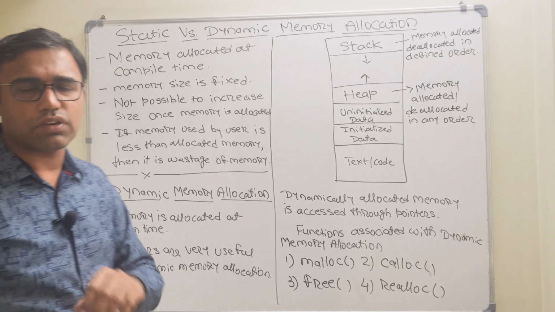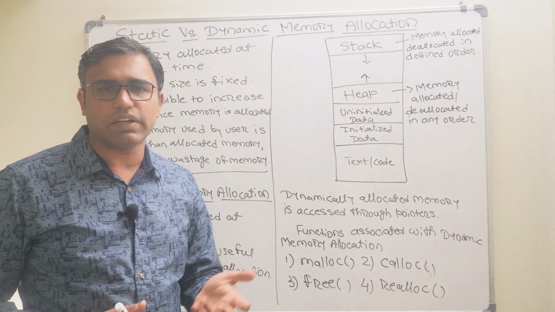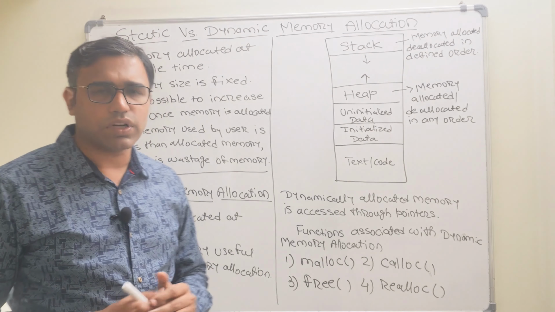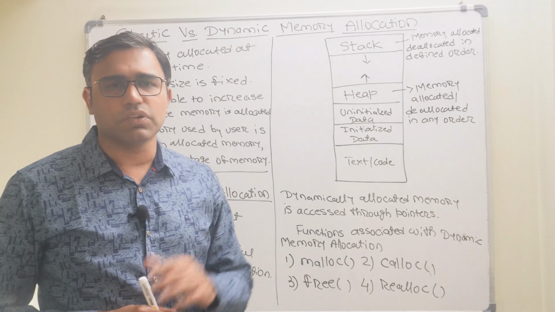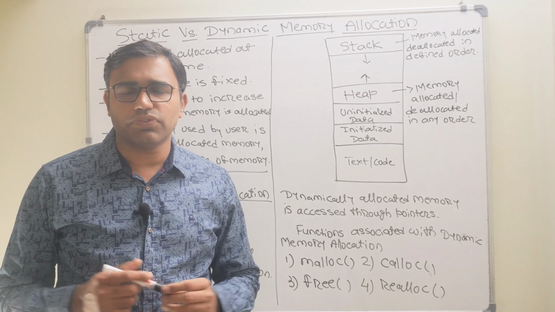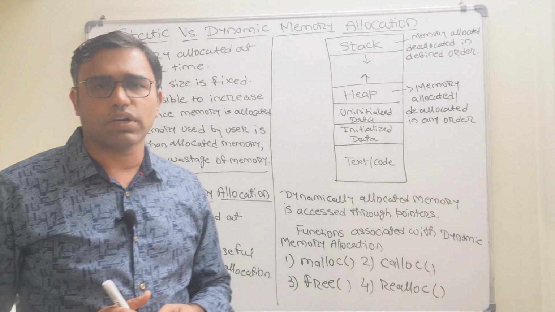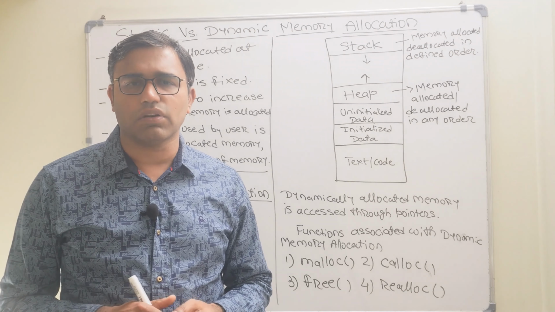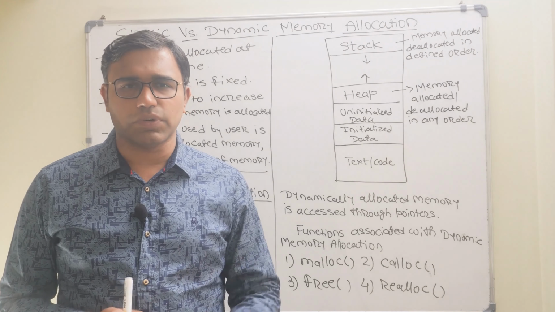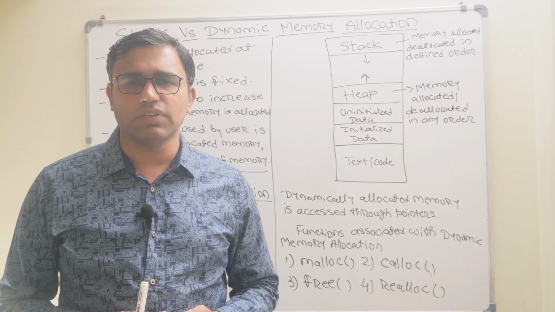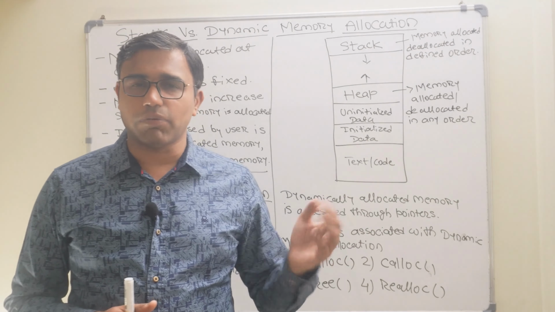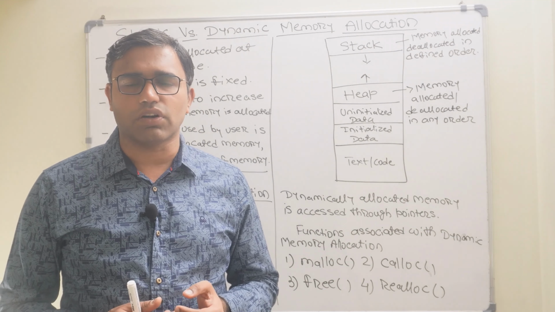In static memory allocation, memory is allocated at compile time, means before execution of the program. Once memory is allocated in static memory allocation, we cannot increase it or we cannot decrease it. So suppose 10 bytes are allocated in static memory allocation and the user used only 5 bytes, then the 5 bytes are wasted. This is the disadvantage. And if 10 bytes are allocated and 15 bytes are required at the time of execution, so again we cannot